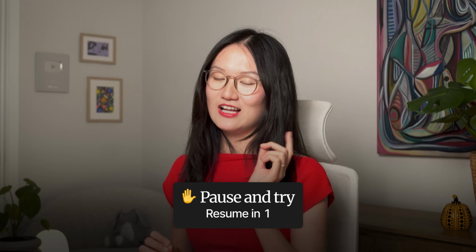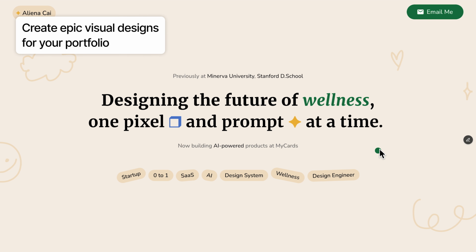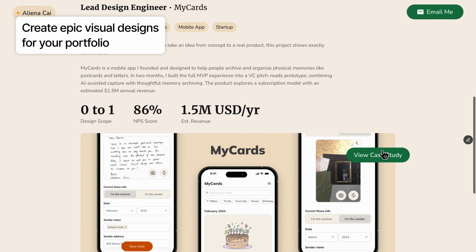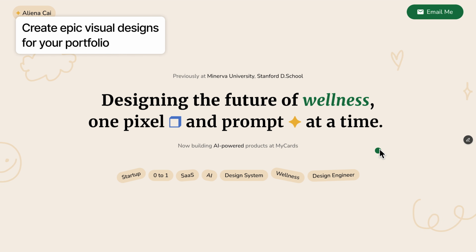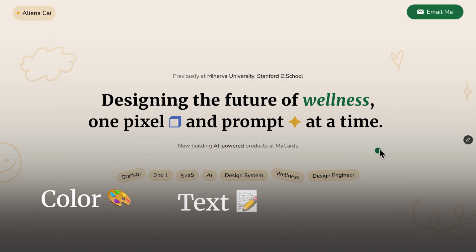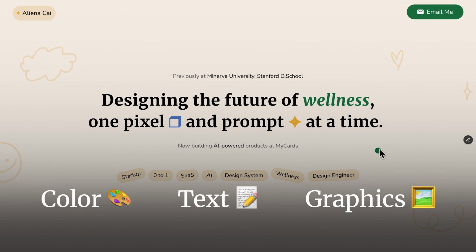And now it is your turn. Pause the video and write the final section of your homepage. Now that you have the text for your homepage, it is time to bring in visual design and really make it feel like a work of art. Here are 3 major things that will shape your visual design: color, text, and graphics. I'll take you through each of them.